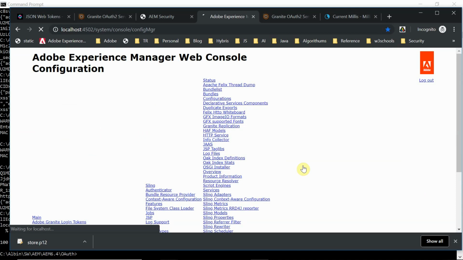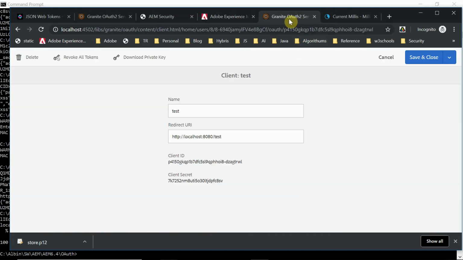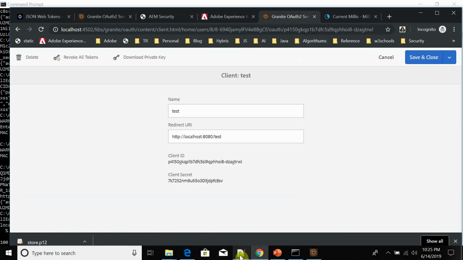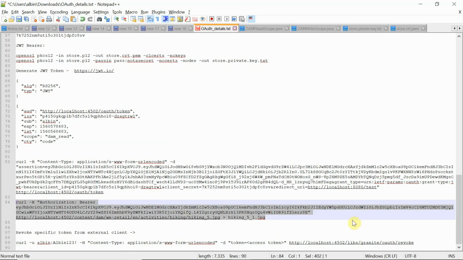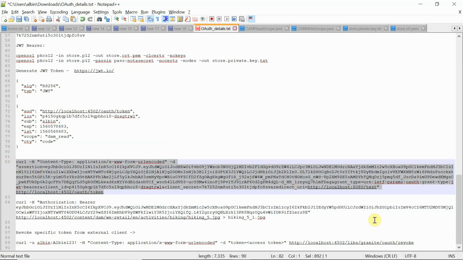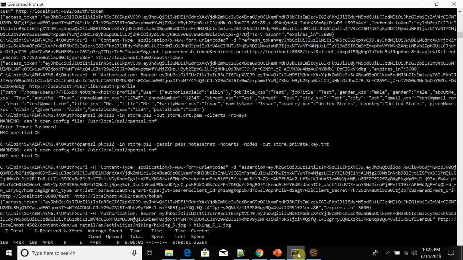Now I am not finding any token, so I will generate a token. Maybe even this option is fine. I will go with this option. I will get the access token first. Existing one scenario, I will use it.